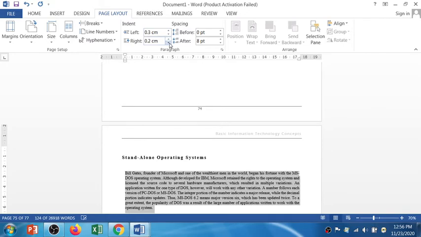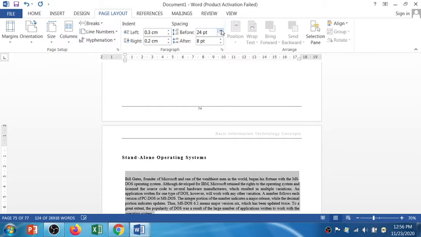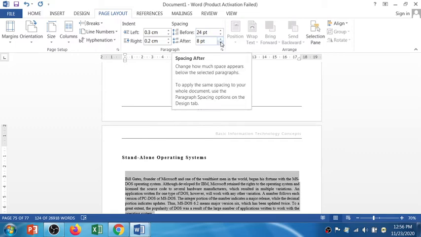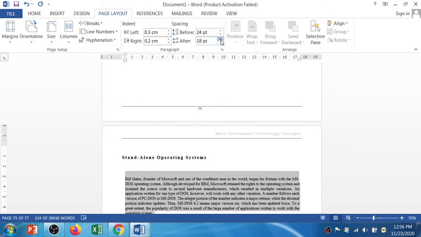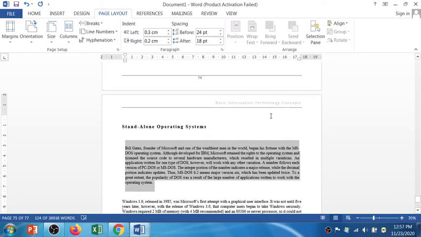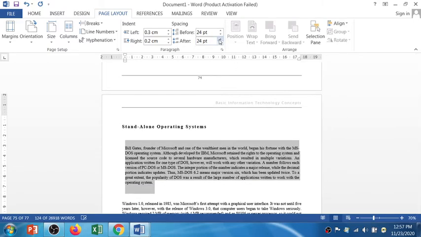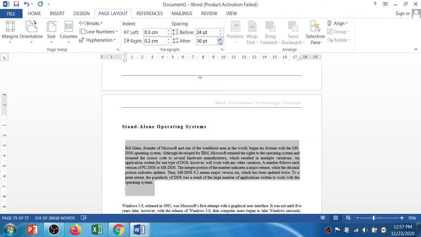So you can change the margin, I mean the space before the paragraph and after the paragraph, right? So you can see the preview as well, which shows on your screen. So this is like increasing the size before the paragraph and after the paragraph, right?